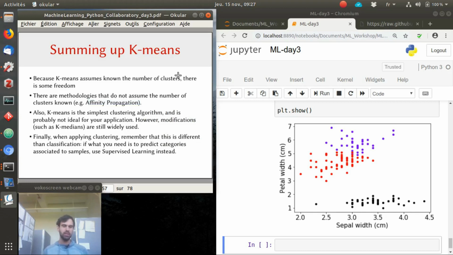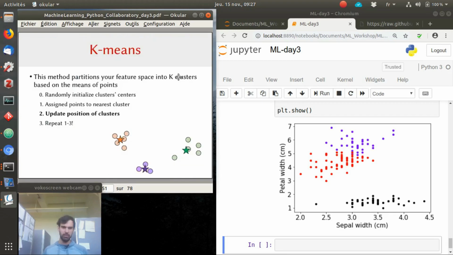So k-means is the simplest algorithm. There is another algorithm which is very close to k-means, which is k-median. Maybe you can imagine what it is. It's much less sensitive to the outliers because what it does, rather than putting the center at the center of mass, it puts it at the median